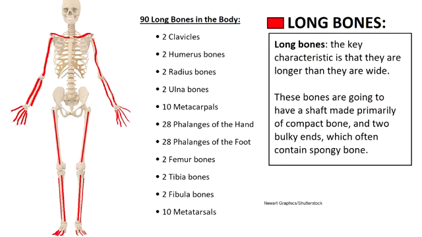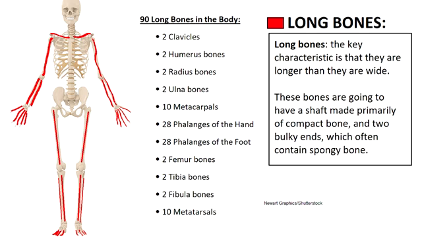First, I'll talk about long bones, which are the most common type of bone found in the body. These bones can vary in length, but the key characteristic that you want to remember is that they are always going to be longer than they are wide. And these bones are going to have a shaft made primarily of compact bone and two bulky ends which often